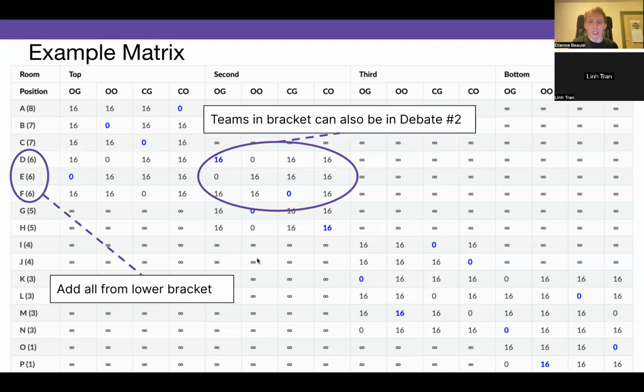So this is quite a few numbers, but I hope this explains it well. We would want to add all the penalties and then make sure that it's the minimum that's possible.